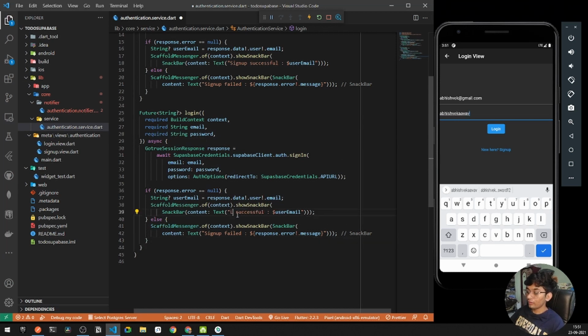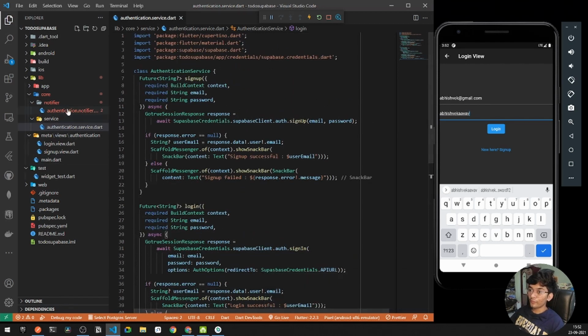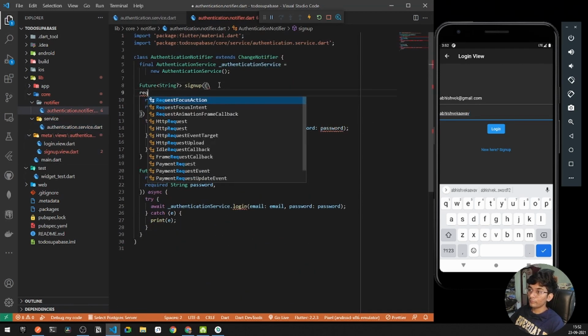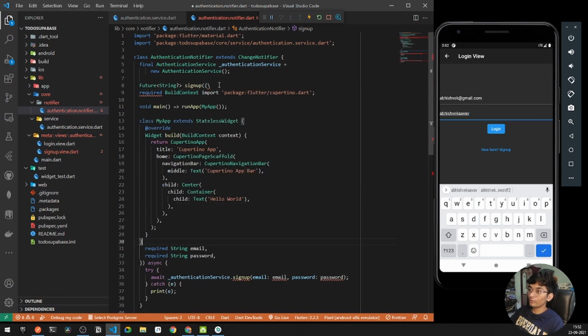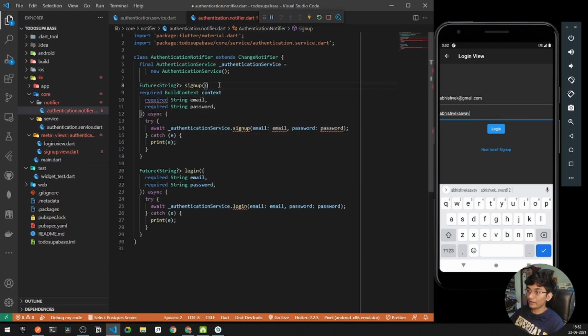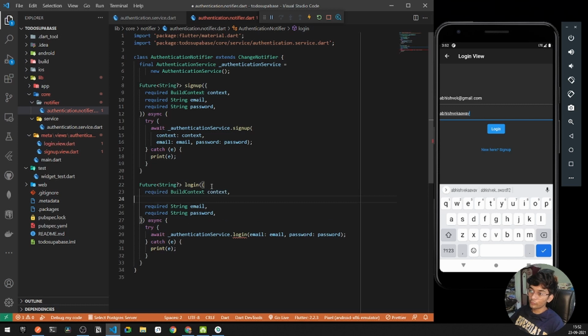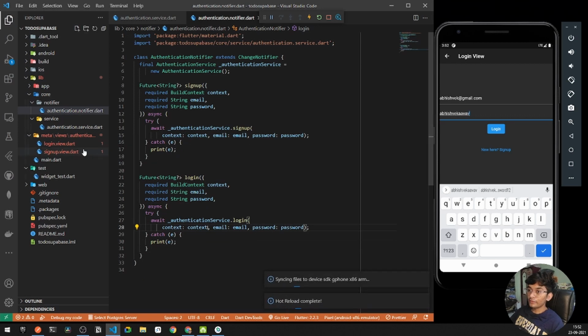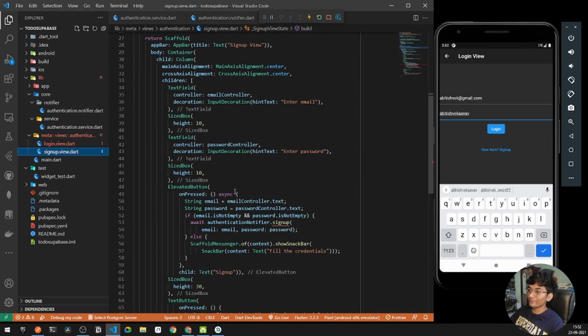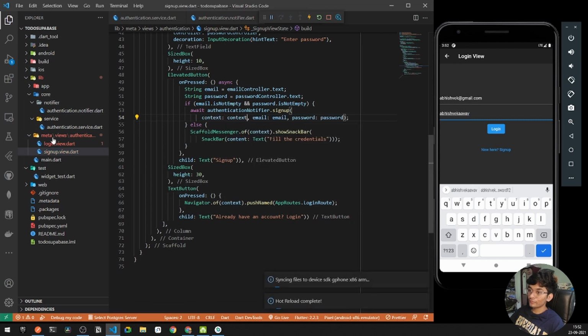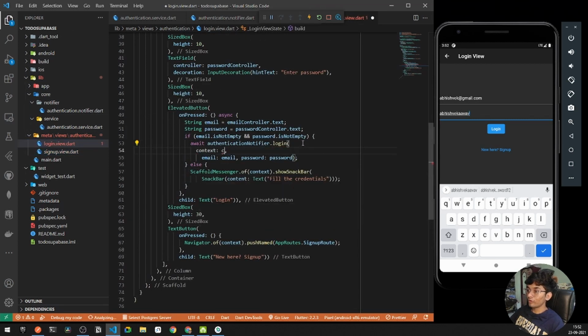Here I'll say login successful and login failed. We also need to provide the context here, that is build context for a required context. Also remove the backslash. Let's have a comma here, and say context for a context. I can do the same thing here, simply a repetitive process. So this should be it. Now we need to provide the context under our login and sign up. Here I'll say context for a context. Similarly under login, context for a context.